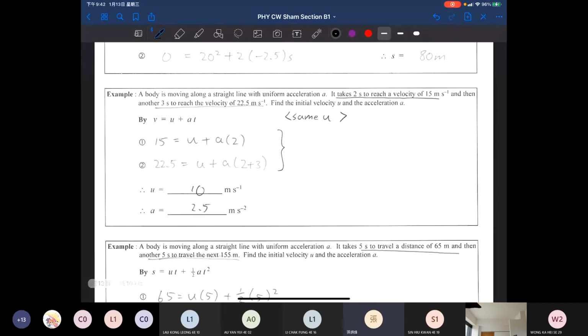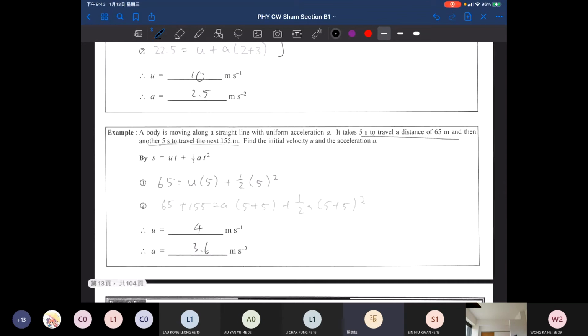Okay, a body is moving along a straight line with uniform acceleration a. It takes 2 seconds to reach a velocity of 50 meters per second, and then another 3 meters to reach the velocity of 22.5 meters per second. So find the initial velocity u and the acceleration a. Then this is a much more complex question. Okay, it takes 2 seconds to reach the final velocity, which is 50 meters per second. Then we have to apply the formula 2 times. Okay, then we will have 2 unknowns and 2 equations. Then we can solve it out. Okay,